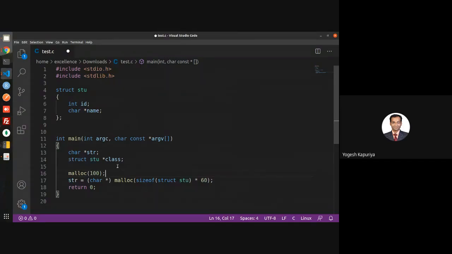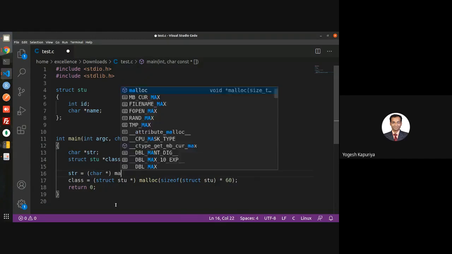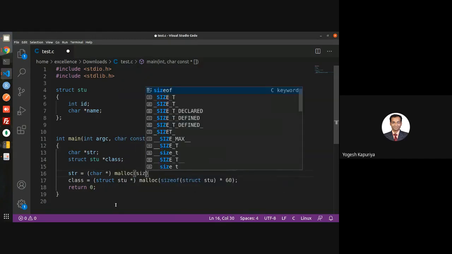But we don't want this kind of a blind thing. What we want is the exact thing. So this is for class, and its type is struct student. In this case, it is char star.